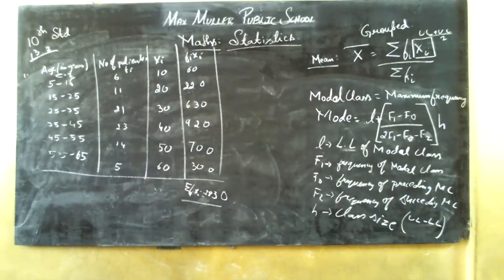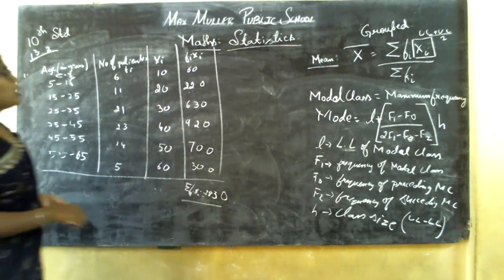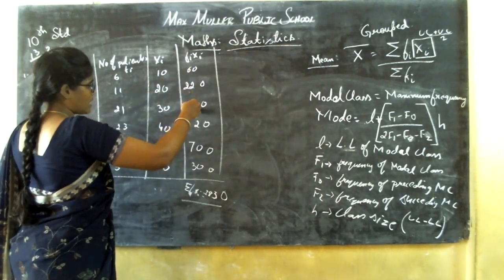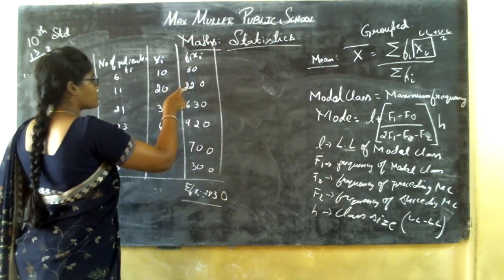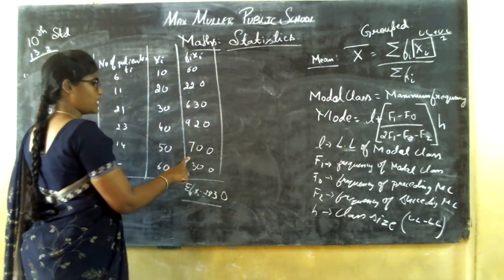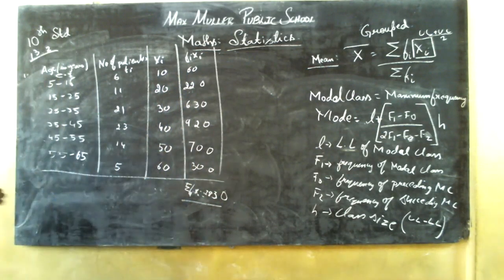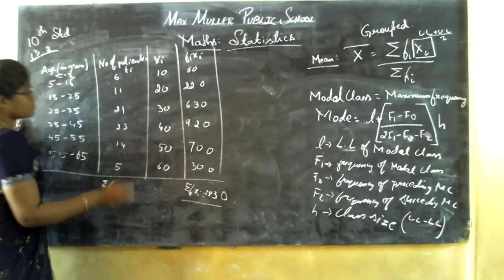Please do cross check, children. So only I told you, understand the problem, do by yourself, then cross check whether my answer is correct or wrong. Okay, 0 done. 6 plus 2, 8. 8 plus 2 is 10 plus 1 is 11. 11 plus 2 is 13. 3, 1 carry. 1 plus 2 is 3. 3 plus 6 is 9. 9 plus 9 is 18. 18 plus 2 is 20. Plus 5 is 25. And 25 plus 3 is 28. Correct. Now I need to do the summation for sigma Fi.